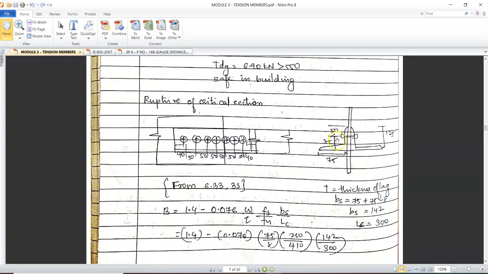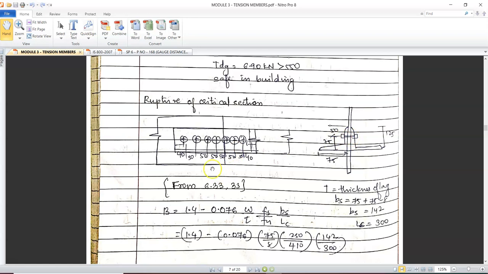One more important thing, before designing the connection, you have to observe that your bolts are subjected to double shear because it is three plates, two angle plates and one gusset plate. You should not calculate single shear capacity. Rather, we should calculate the double shear capacity and the bearing capacity. With that, you have to calculate the number of bolts.